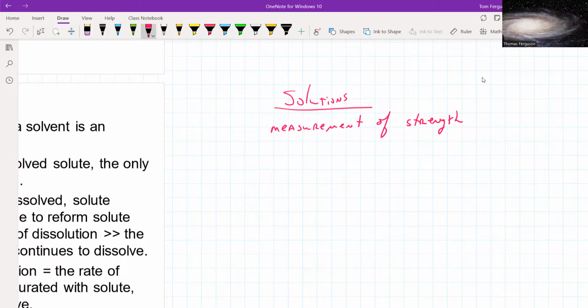How do we measure the strength of a solution? Now it involves our good old friend, the mole. And because solutions are contained as a liquid, we have to talk about the containment. So solutions are measured a number of different ways. Tomorrow's lab is going to involve a way of measurement slightly different than today. The normal way to measure concentration of a solution is